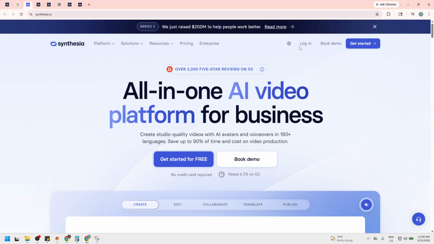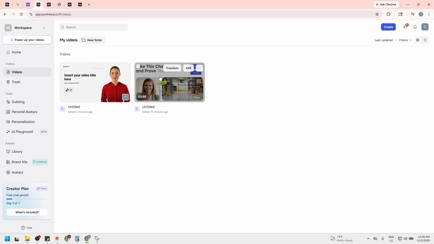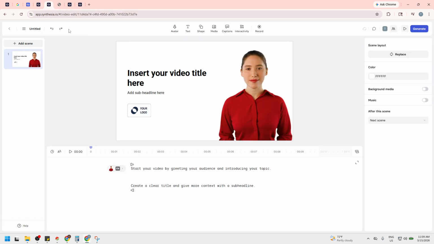Once you're in, open the project or video you want to work on, and make sure it's loaded in the Synthesia editor. You should see your canvas in the center, your timeline or scenes on the side, and property panels where you'll adjust settings. To access background controls for the current scene, click on an empty area of the canvas